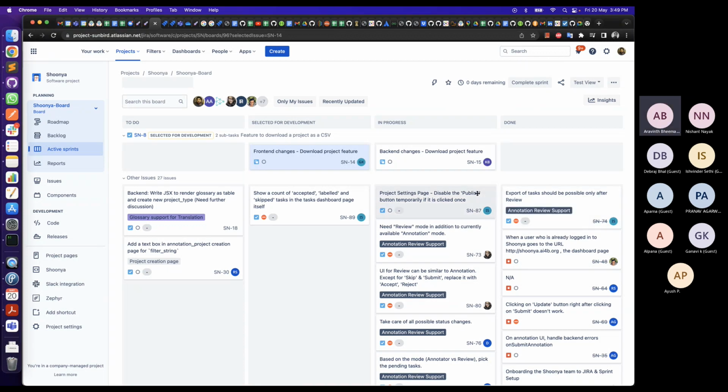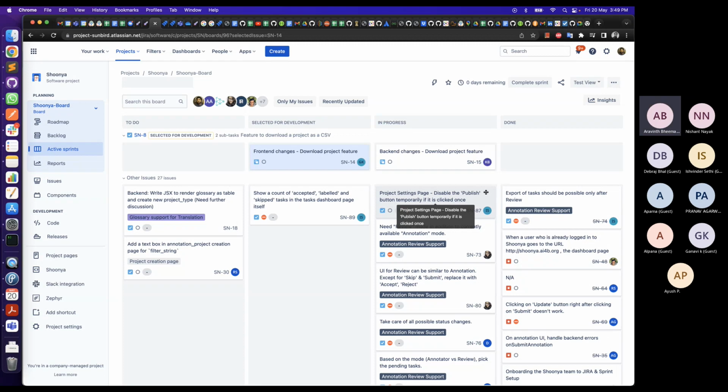But meanwhile, if we need to move some things in, change the priority, or bring in some high priority things, we can just move it from backlog to here and update the respective members on the priority change. But as a good practice, it's better to avoid context switching. If developers are working on one thing and immediately you come with the next one, it becomes harder for them to catch up. So we make sure that in the middle of the sprint, tasks are not reprioritized.